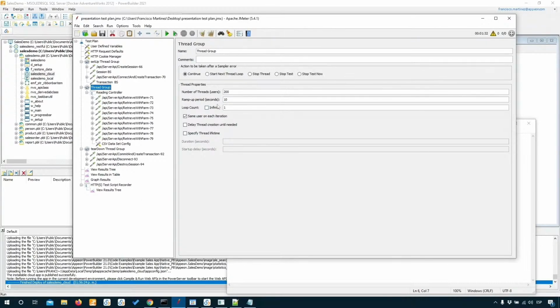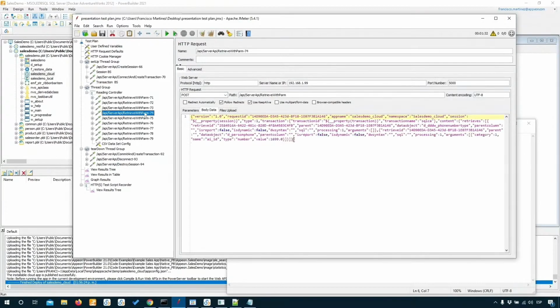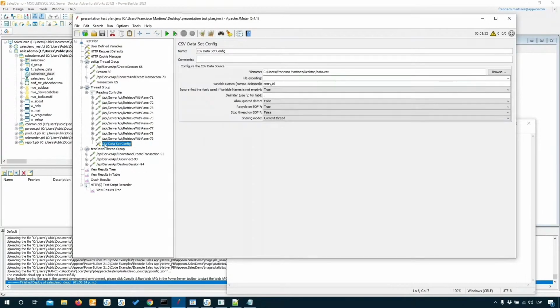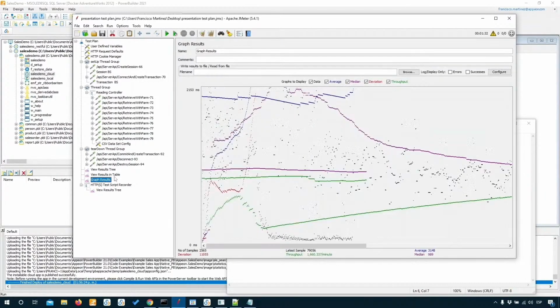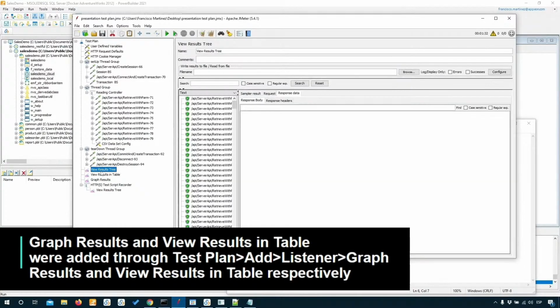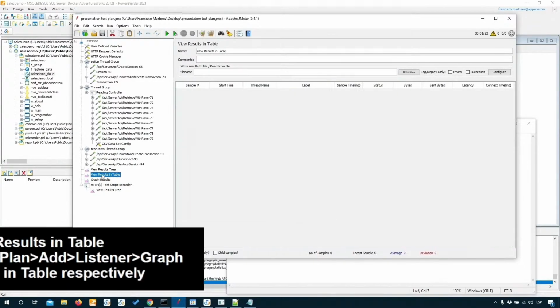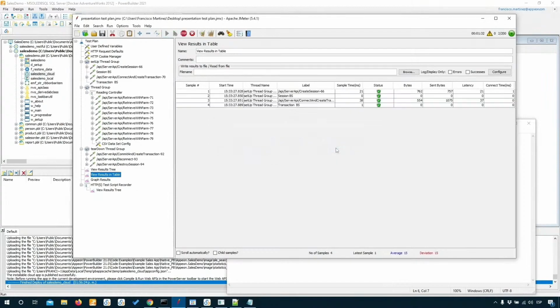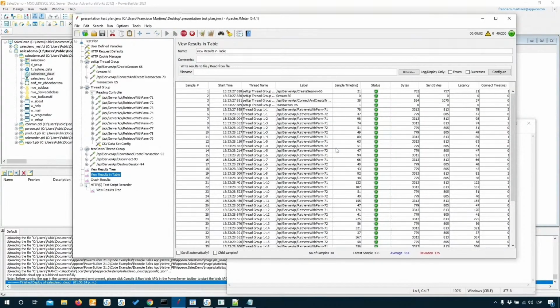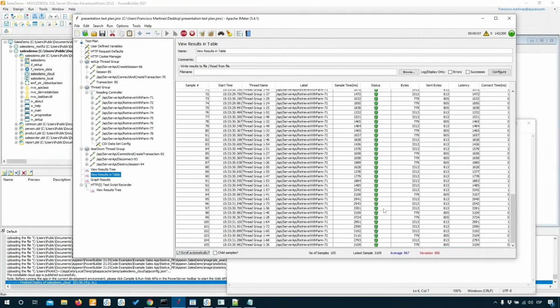So that way we can visualize the results of this simple test in which we perform some reading operations and we introduce values from a CSV file into the samplers. So I'm going to go into the graph results. I'm going to clear this view. I'm going to clear all views. I'm going to stay here on the view results in table listener, and I'm going to click start the test. I'm going to wait for a bit for this test to complete all